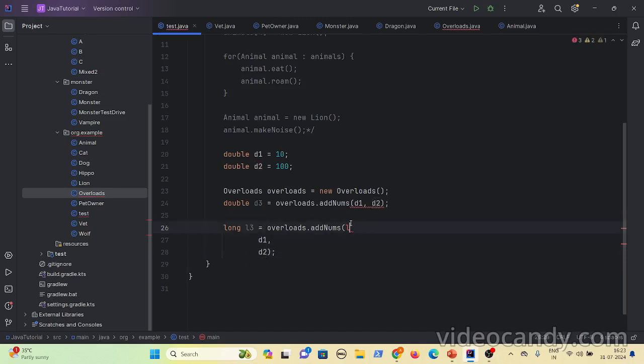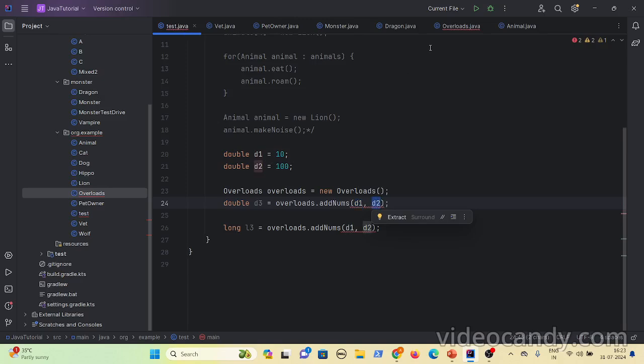First you want your return type as double value, and the second you want return type as the long value. This is what you want. But let's say you have done this, and you tell the compiler to invoke the add names method. What the compiler does is go to the overloads method and search for the add names method, which is accepting the first parameter of type double and the second parameter also of type double.